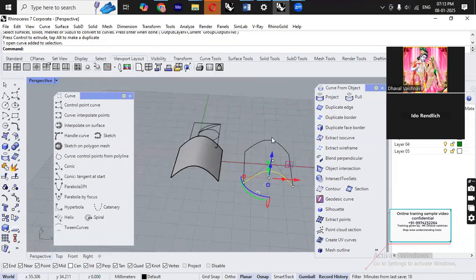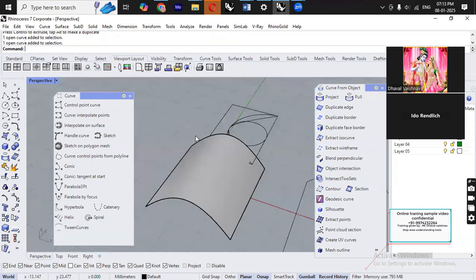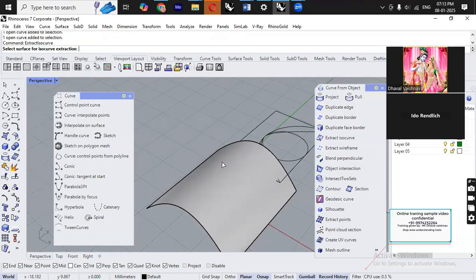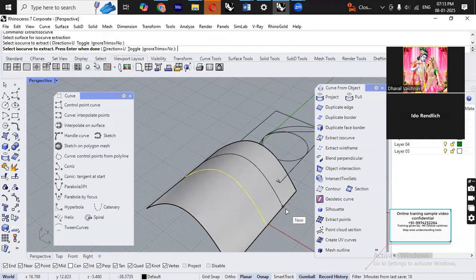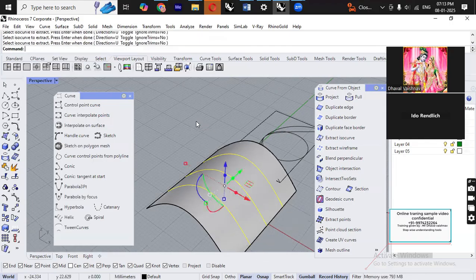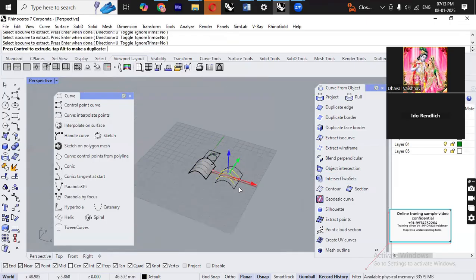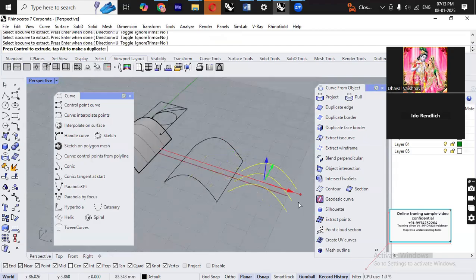So this is my wireframe. And if I use extract ISO curve, selecting the same surface, this is the new curve which this model is going to create. So the curves are different. You cannot extract this kind of curve using